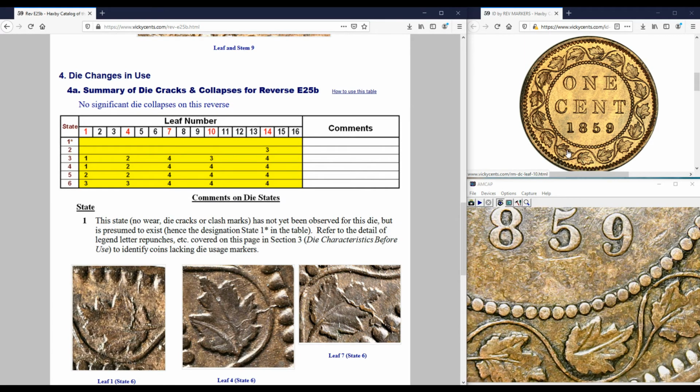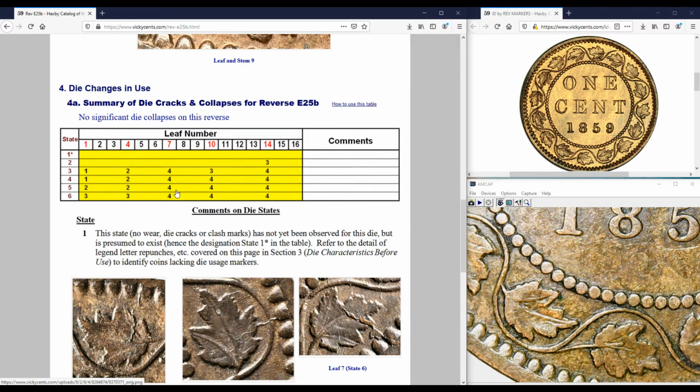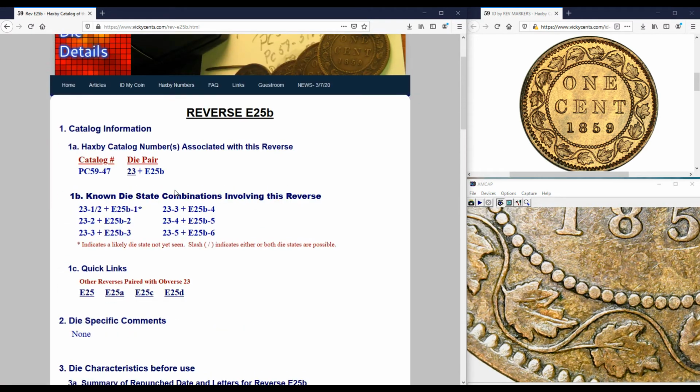Which one was 10? 10 is over here. I don't see anything on number 10. And we already know 14 has. So I think that I may have a PC 5947, but we can quickly check